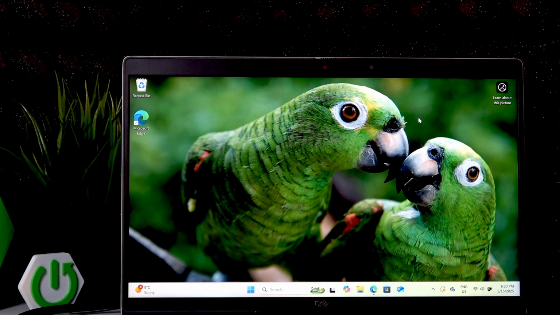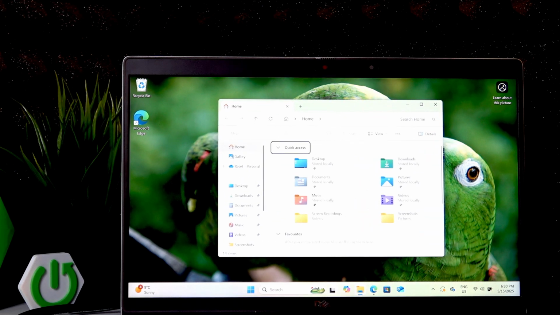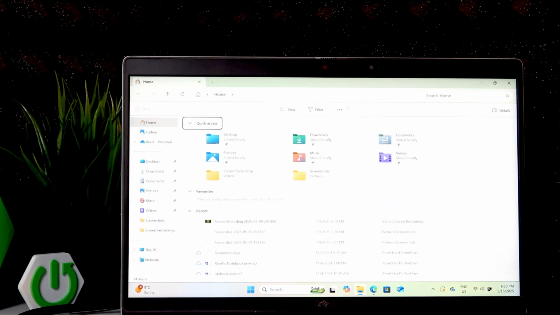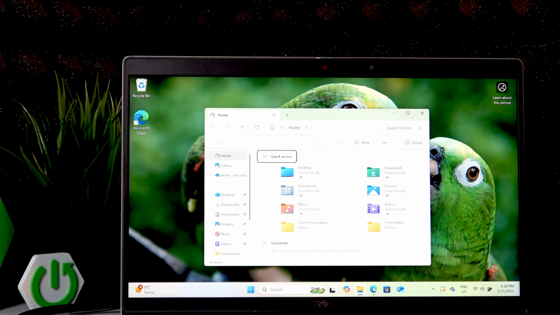To do that, let's open any application we want to maximize. So let it be the File Explorer, and we have several methods to do that. For example, we can just tap on the square button right here, or we can double tap the upper bar of the application at any spot right here, like that, or use the